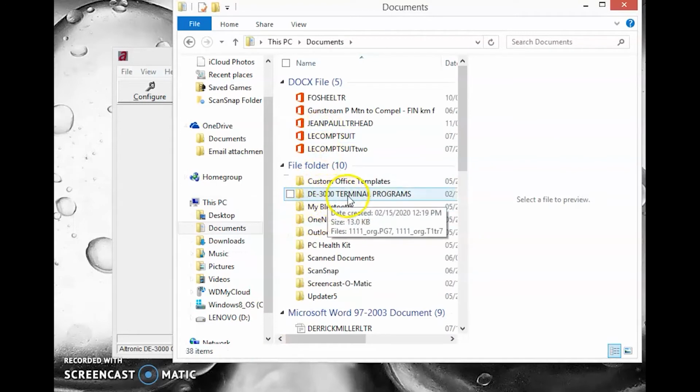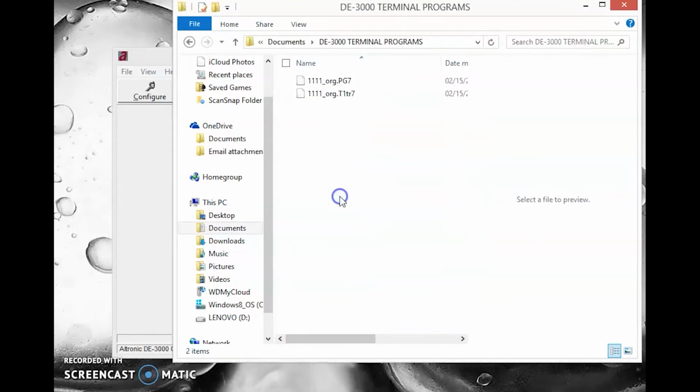So here's the folder that I saved it to, DE-3000 terminal programs. And I want you to notice something. I have two files in here that have the same name but different extensions. And I want to tell you about this real quick. So the extensions